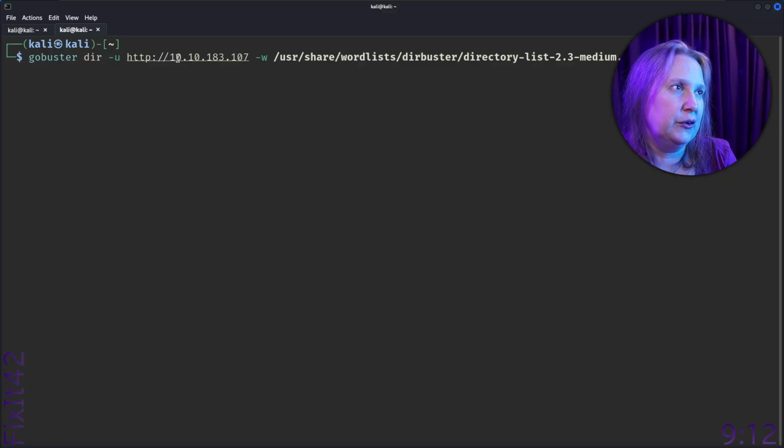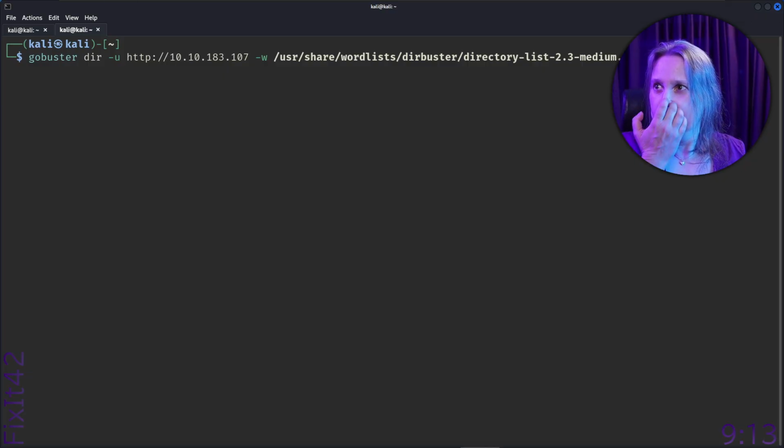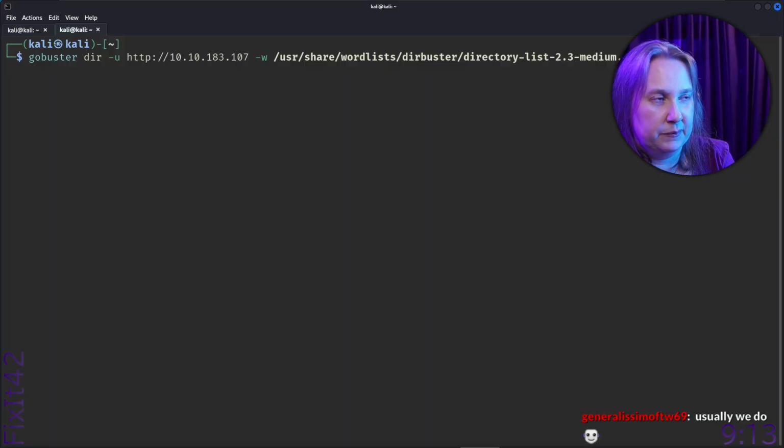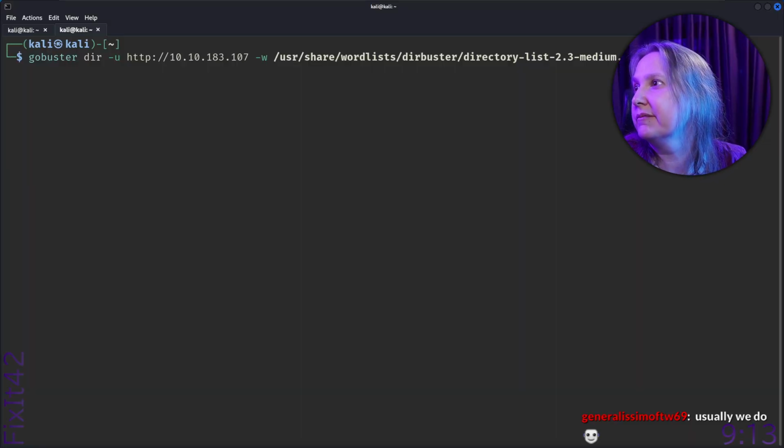Do you usually add extensions at the start of the first one? Like TXT or anything? Or PHP? Or should I do the normal one first? Usually we do extensions at the start.